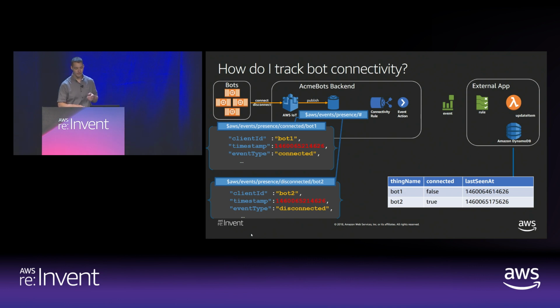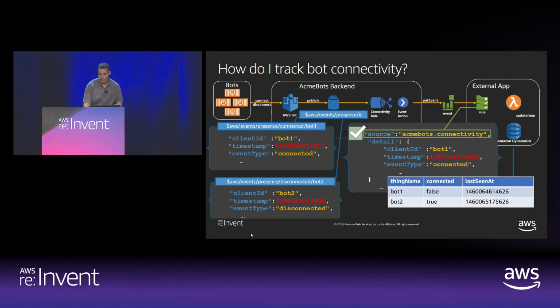So that event action is a lambda. And what that lambda is going to do is call a put event API. So this is just calling a CloudWatch API to create an event. And you can see the detail of that event. And then you can create a CloudWatch rule based on that to say, monitor for these events and do an action. And that could be do an action if it's connected or disconnected, or it could just be always do